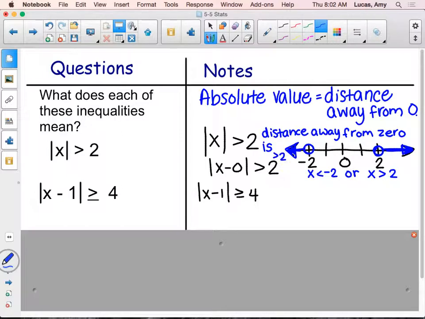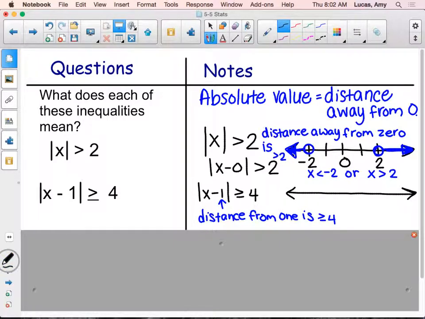Now on this one, we have the distance away from 1 and it's greater than or equal to 4. Distance away from 1 is greater than or equal to 4. So my number line, I need to start with 1 because that's the number that we're marking our distance away from. Now if I go 4 units to the right,